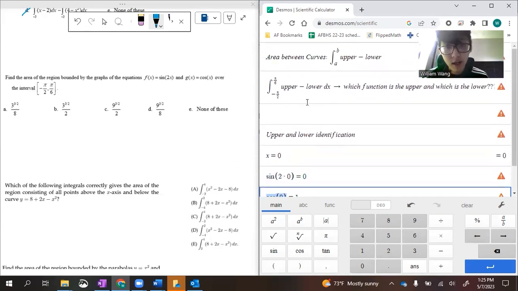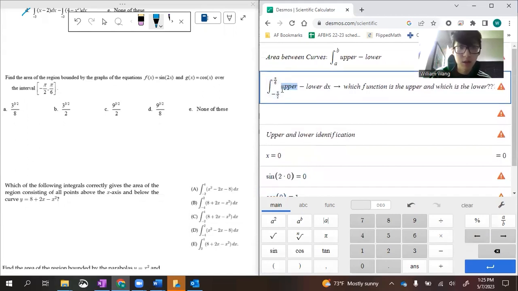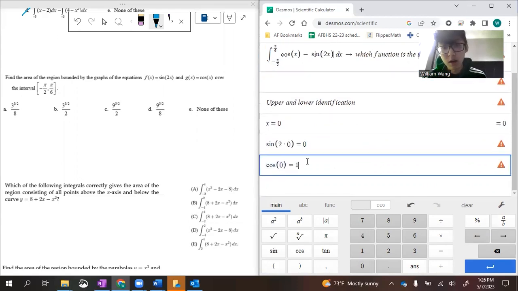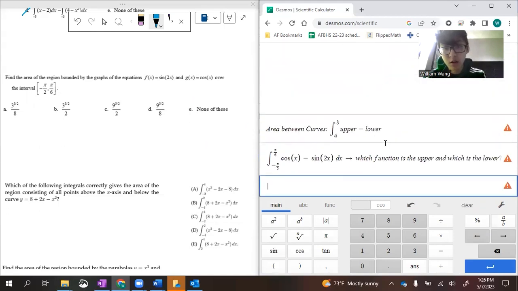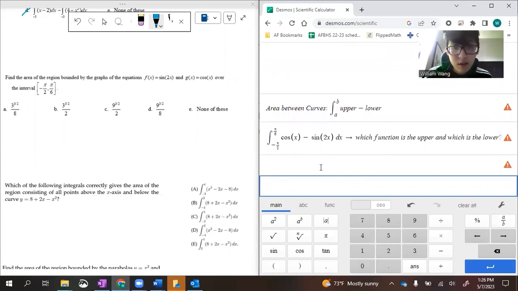Obviously, it's going to be cosine of x. So my upper function is actually going to be cosine of x. My lower function is going to be sine of 2x. Right? So I've identified my upper and lower function. Excellent. Let's integrate them. So the integral of cosine of x is sine of x